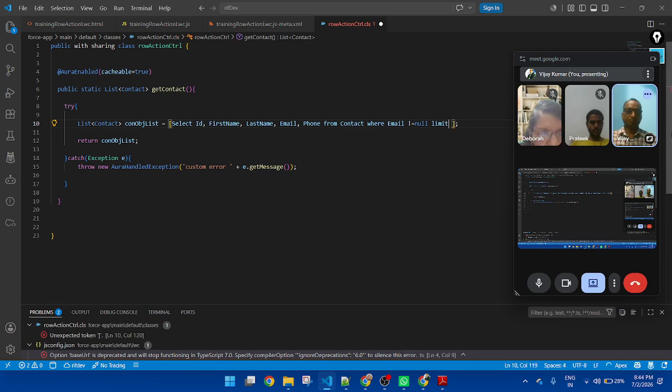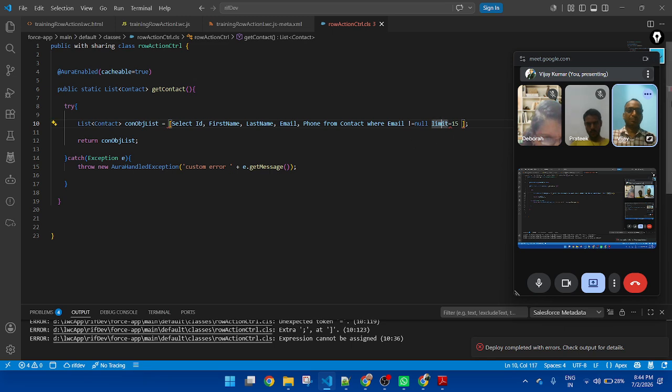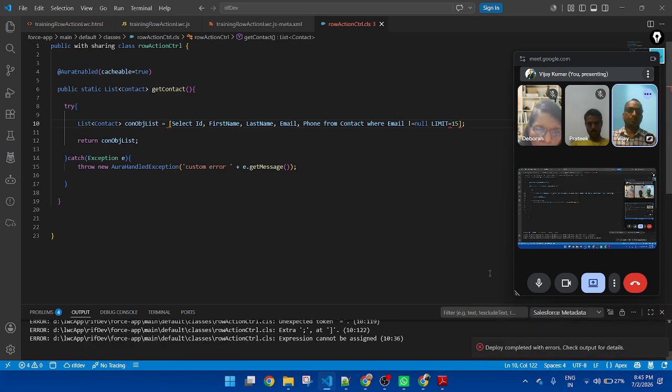Limit equal to, so suppose I'm using 15. It will display only 15 records.